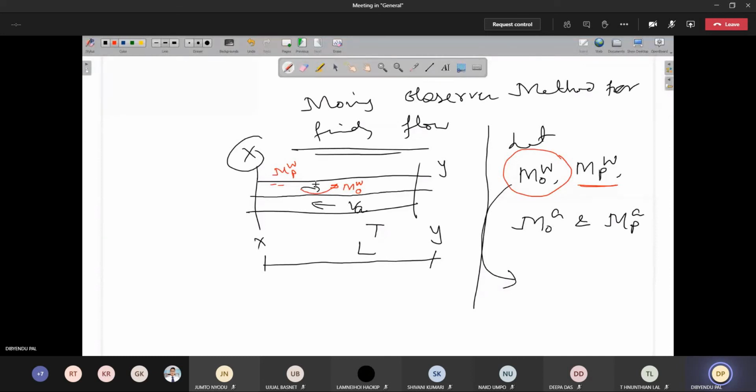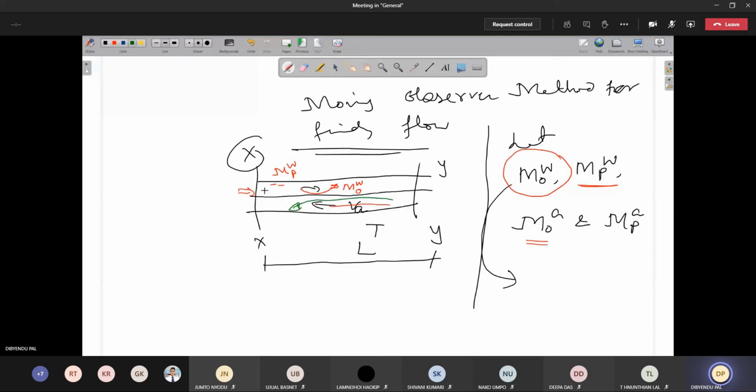The next, MOA: the number of vehicles that overtake the test vehicle when the test vehicle is moving against the stream. This is your stream, I am talking about this stream, but the test vehicle was moving in this direction. When the test vehicle was moving in this direction, how many vehicles have overtaken the test vehicle?